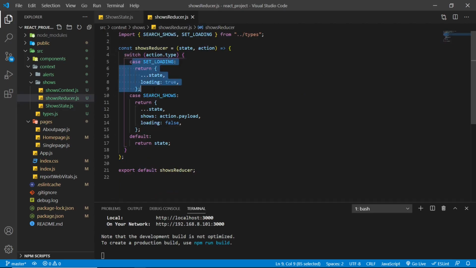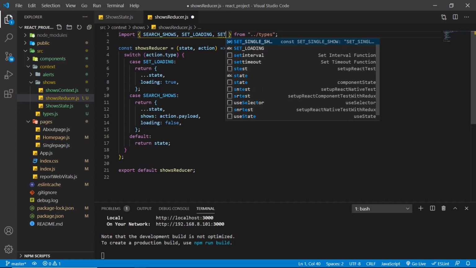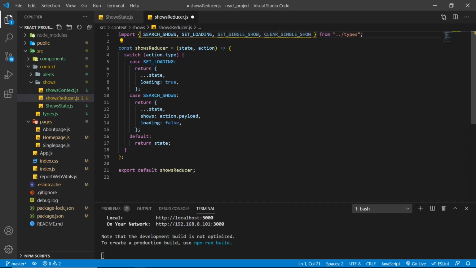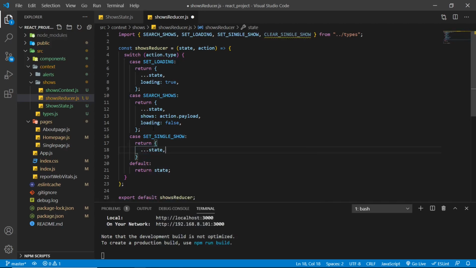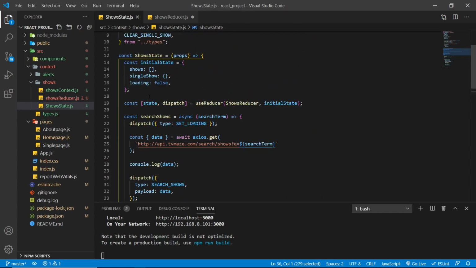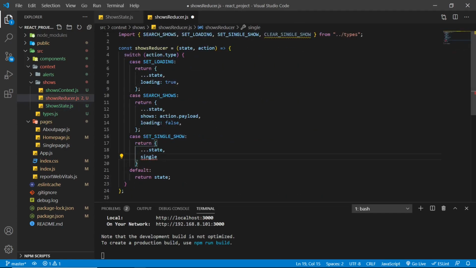So we're already handling the set loading. Now we just need to import the set single show and the clear single show. So in the case of set single show, we just want to return the state as it is so that we don't lose our shows array. And then we set the single show, I believe we named it. Go back to the state, single show, which is just an empty object. We set single show equal to the action.payload. Just gonna make sure it's capital S, like this. And then we can set loading to false,